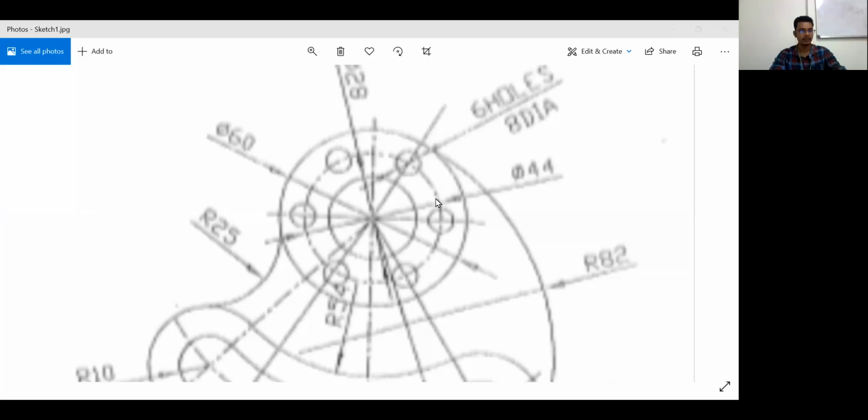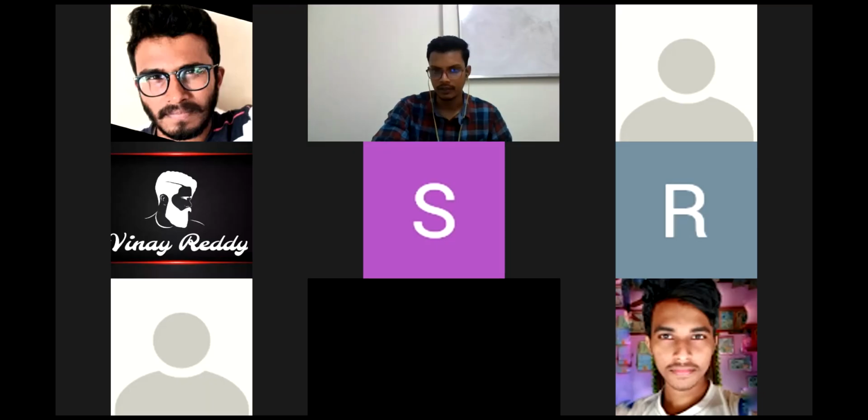So what is the value? 60 degree. That means from hole to hole 60 degree, right? Between these 2 holes, angle is 60 degree, right? Yes, sir. So now the mirroring line should come exactly in between these two, right? Yes, sir. Then what will be the mirroring line? 30 degree. I'll just go with this.